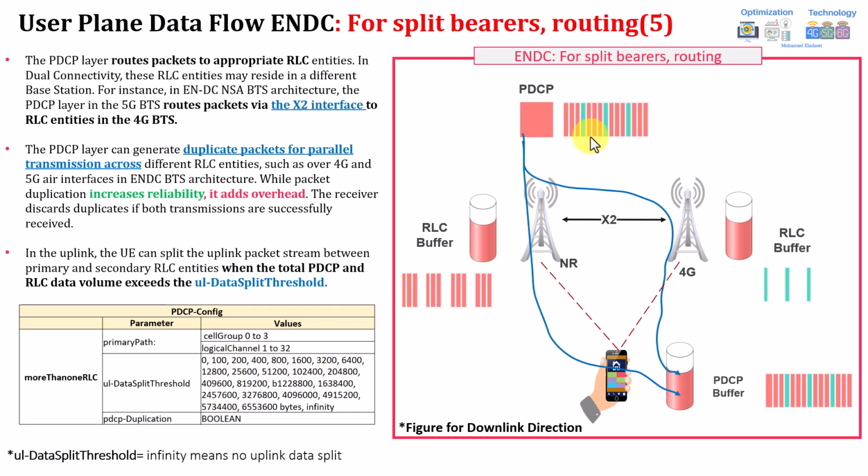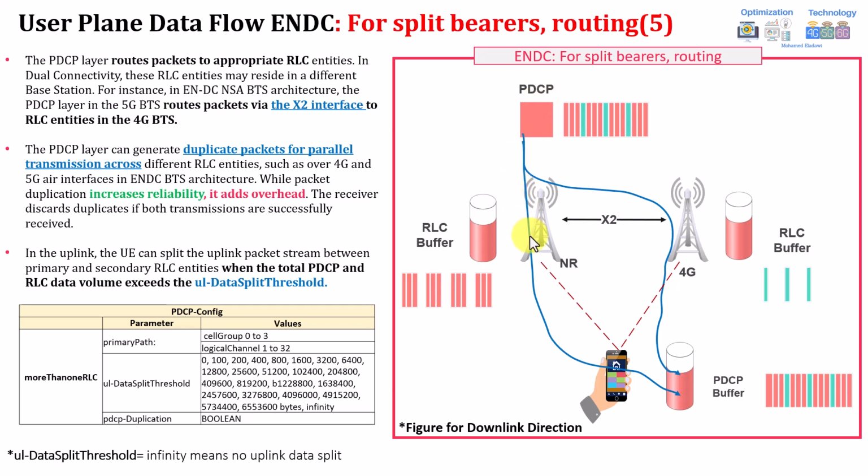So for example, here, if you look into the PDCP layer in the downlink direction, it has some internal threshold that decides when to do the data splitting. So how will it be moving? This is, for example, the 5G buffer at PDCP. It will split the data through the RLC entities, for the 5G RLC. Again, this is PDCP for the 5G. It will be forwarding and splitting the data, or routing the data, towards different paths.